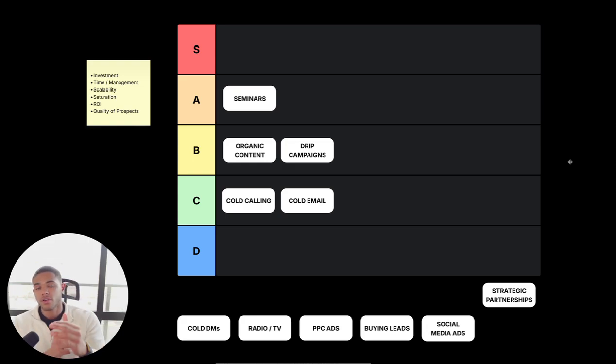But what seminars do such a good job of, and why it's rated as an A tier, is it educates and nurtures prospects. You're building trust, you're giving value, you're educating them, and therefore they're being attracted to you, even if you might do cold outreach to initially get them there. So I would rank this S tier if it wasn't so hard to scale and it wasn't so hard to put together, but the method and the strategy behind a seminar and why it works puts it up as an